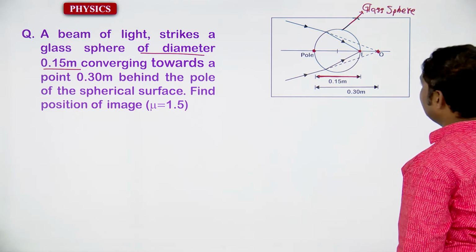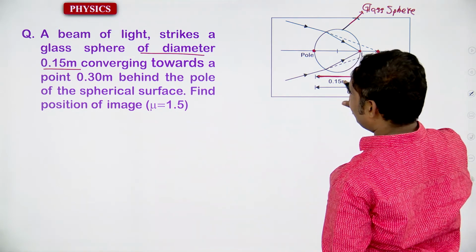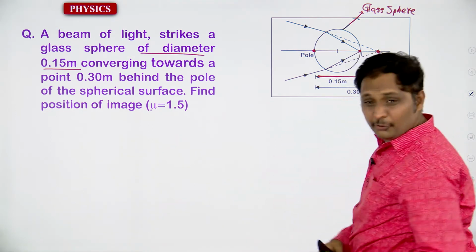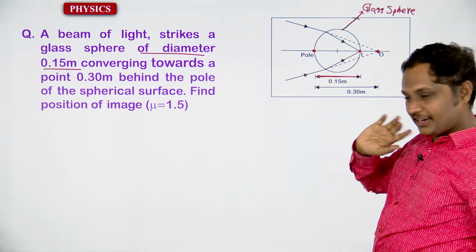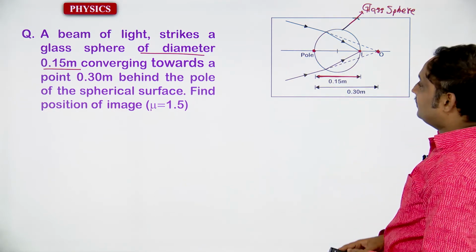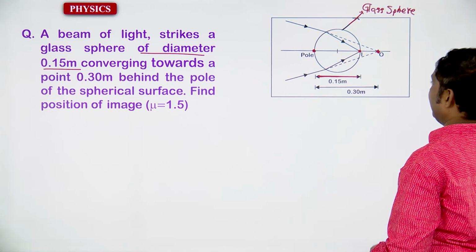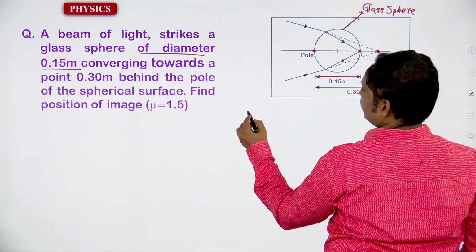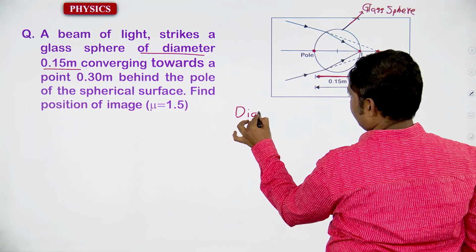The light converges behind the pole of the spherical surface. Find the position of the image. From the given data, you just have to find out the position of the image. It's very clear, and you just have to use this. You will get that diameter